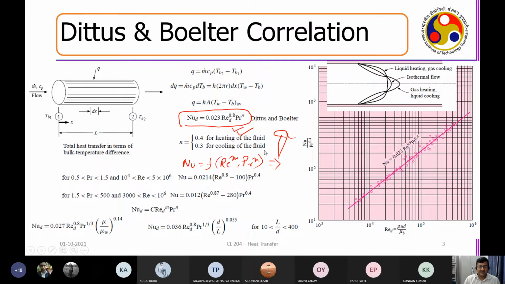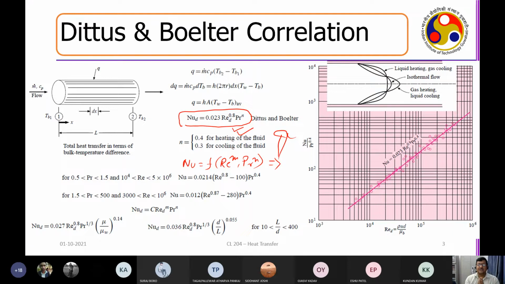So in that manner, people have developed n number of equations. If you open Holman, you will see that these types of equations are developed for different types of flow situations, which have different exponents for fluid, gas, multi-phase, pipe, different types of flow notches, different types of non-circular geometries. Okay. So the idea is that you perform a number of experiments and you plot Nusselt number by Prandtl number to the power some exponent divided by Reynolds number, right? And then from there you try and find out how exactly they fit it to develop the exponents.